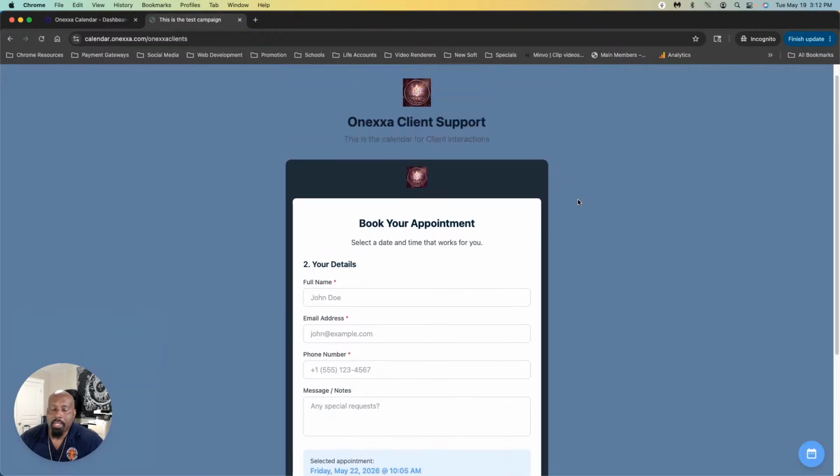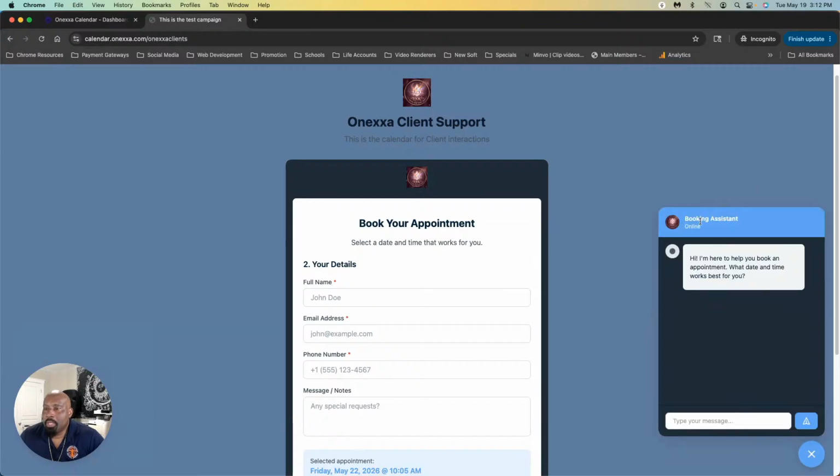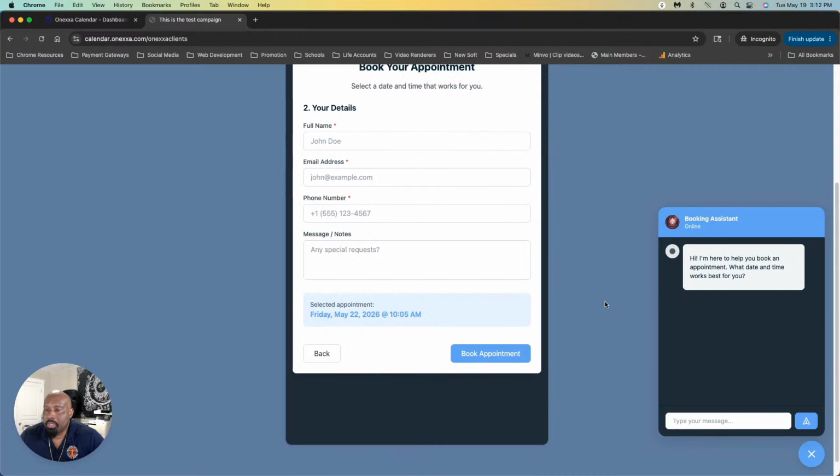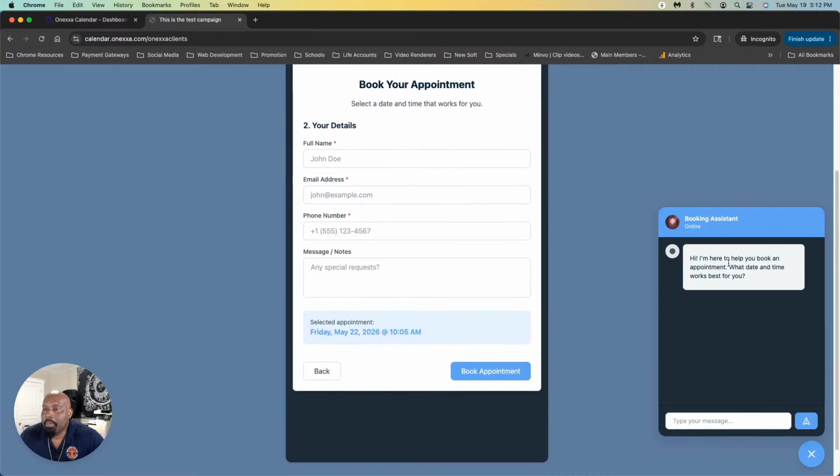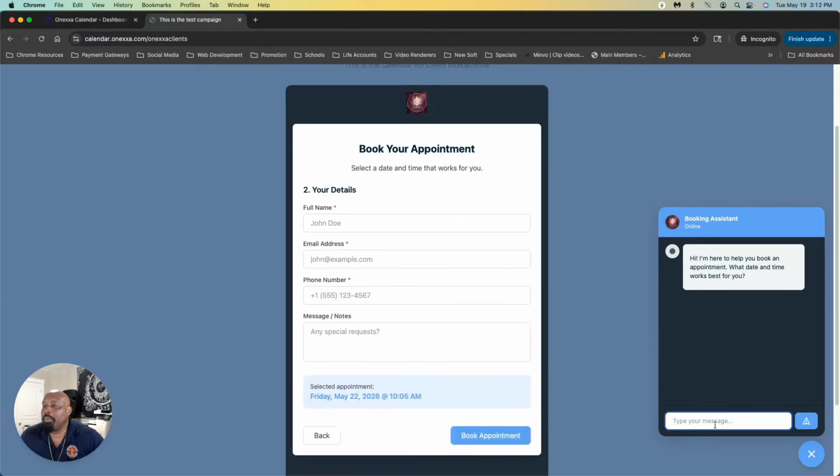Guys, we really like the fact that you give us feedback. For those of you who like this kind of software with the AI integration, which is the next area, I wanted to just show you briefly. This is the booking assistant online. This is the chat widget which we have for you. "Hi there. I'm here to help you book an appointment. What date and time works best for you?" This is the chat widget, which you can embed not necessarily on this page, but anywhere else. And you can simply type in Tuesday at, let's try it right now, Tuesday at